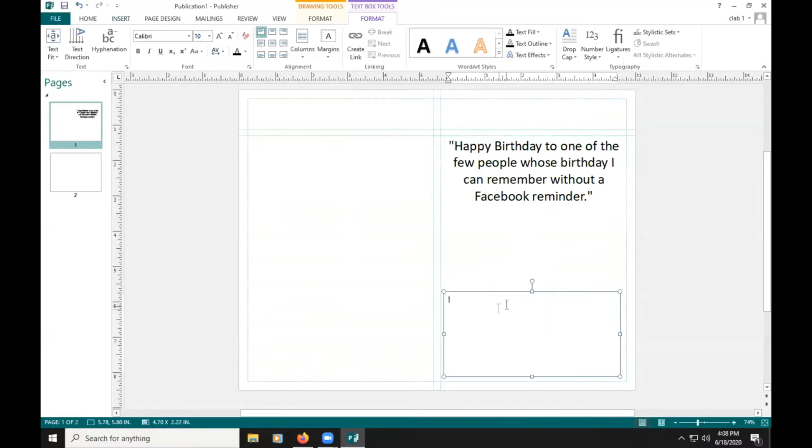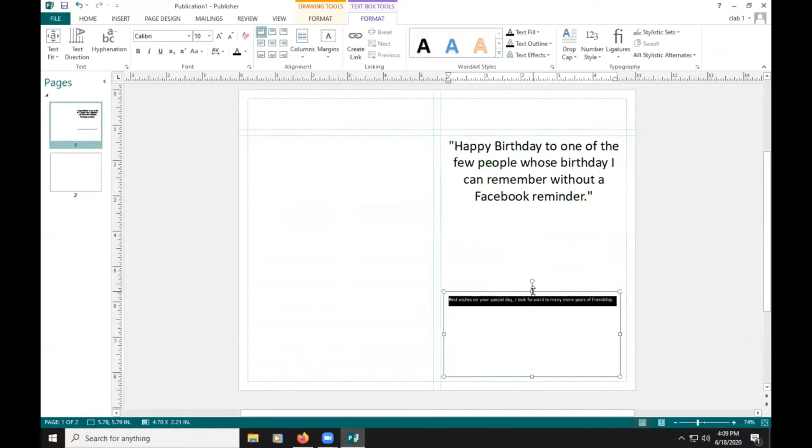Okay, so here you can type a little message. I'm just going to write something quick. Wishes on your day. I look forward to many more years of friendship. Oop, there we go. All right, so again, this is way too small, so we will just highlight all of the text. Once we've done that,